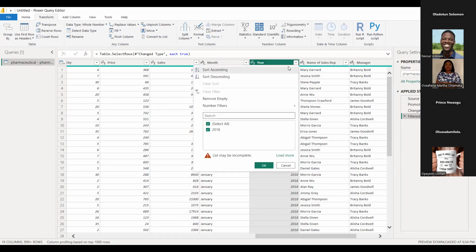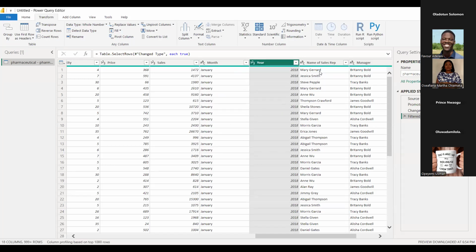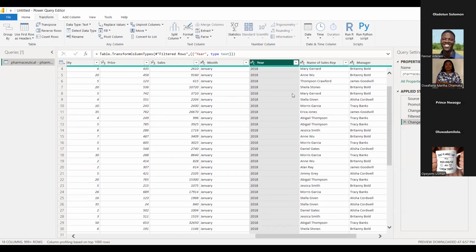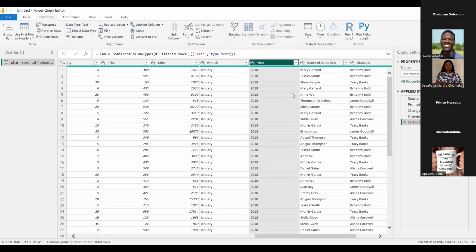Now, basically, the major reason is that we have, as we can see, 2017, 2018, 2019, and 2020. We don't want this to add up as a number. If you load this into Power BI, this is going to add up as a column that contains numbers. So one way that I would go about it is that I would just change the data type to text, so that I would be able to use each of the years distinctly when I need to use them for a visual.